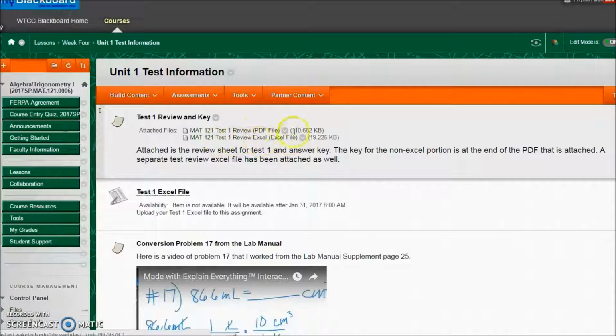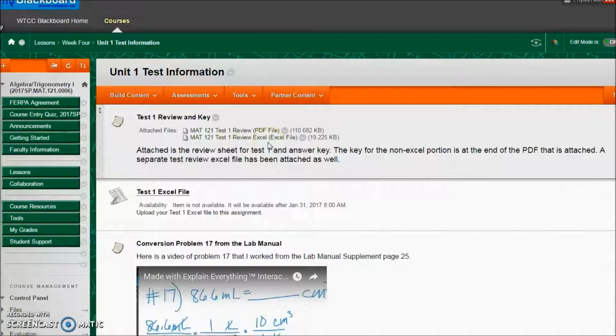The answer is in Excel, so you can actually go in and click in the little cells and see what formulas I used,